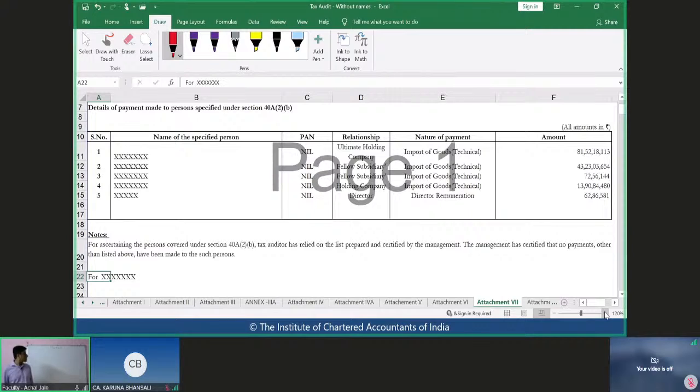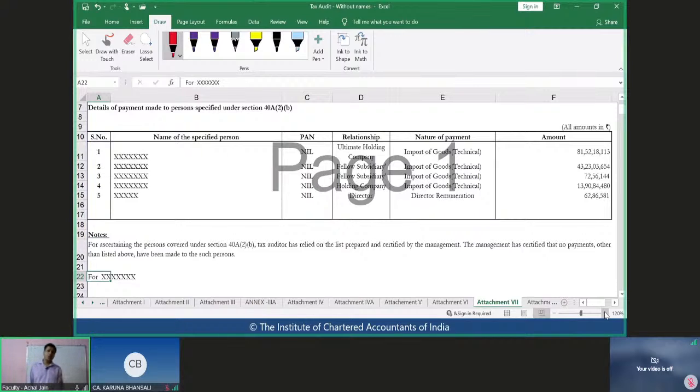Now, in relation to this, one of the biggest problems which the auditor would face is about the completeness. If you remember, in case of audit of financial statements of a company, we discussed the same point, that identification of related parties, or to ensure that all the related parties have been covered. I'm not talking about the related party transactions. I'm talking about the related parties.